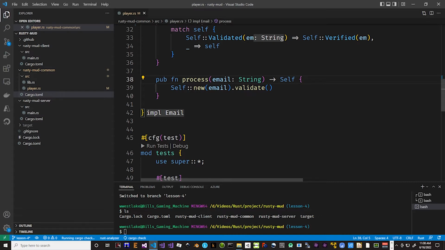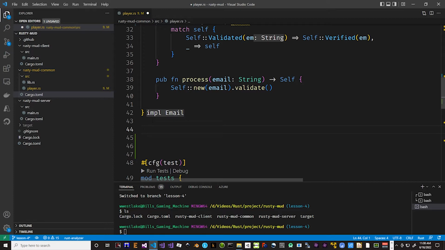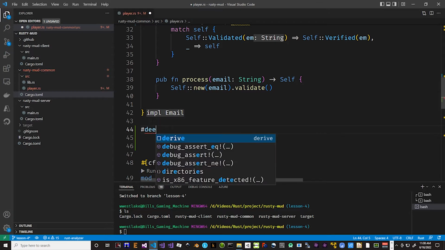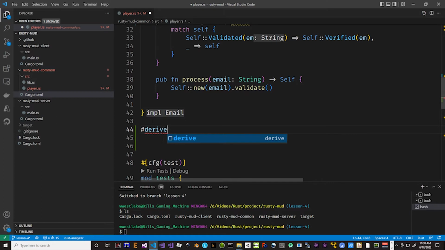So what we're going to do now is password. Here we're going to do something very similar, except for this one I'm going to derive Debug, because I want to be able to print out the password system here. Not struct. Enum. Okay, we're going to do something very similar with passwords, except we're going to have hashed